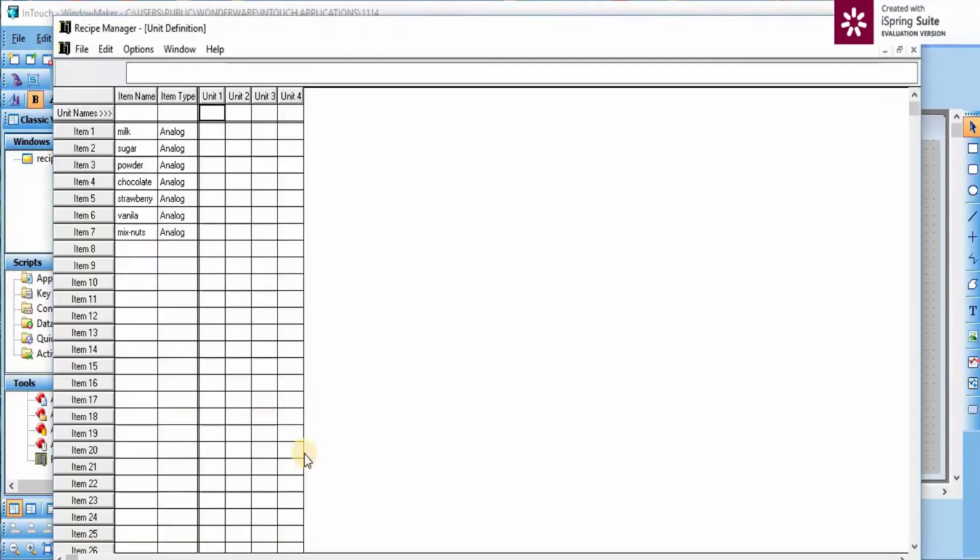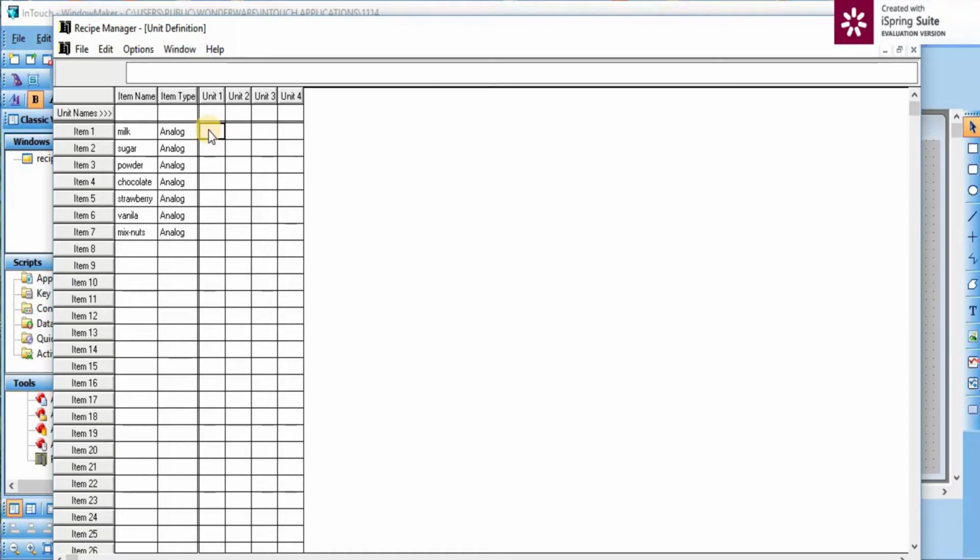So now in the unit definition sheet we can see our ingredient names and type of ingredients already. Here we have to define our tag names that we have already defined.